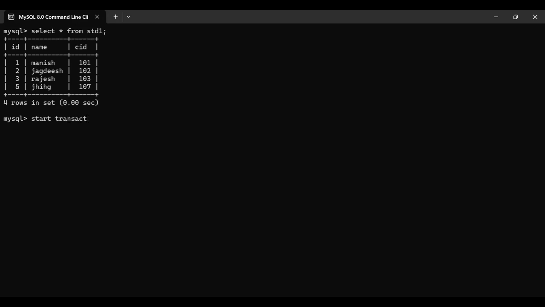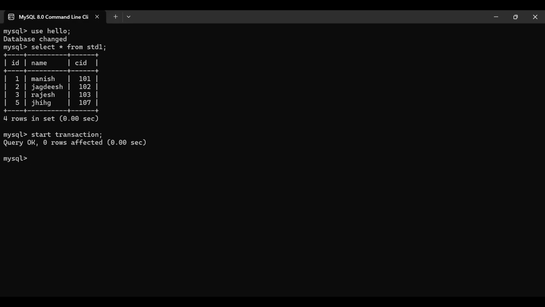Start transaction. Now it says query okay, right? Now to the existing table, I'm going to insert some particular record and let us see whether the changes that I have made are affected to the table or not. After execution of the commit command, I'm going to insert a new record into the table std1 with the values